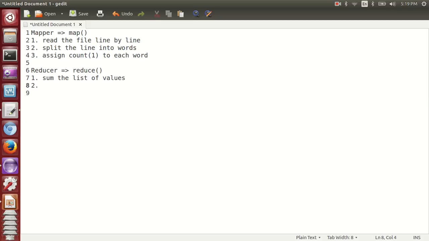And what else it will do is assign the sum to the corresponding word, or else you can say key. This is what we have to do.